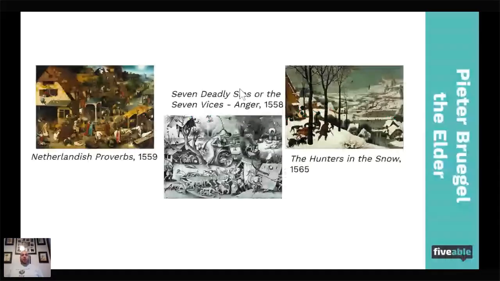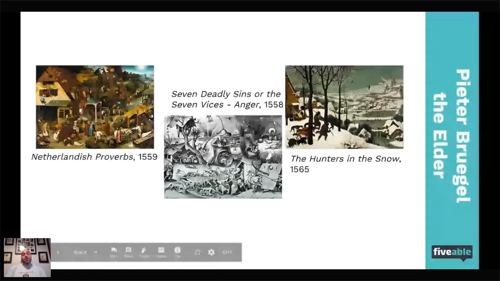So this is Pieter Bruegel the Elder. Start here in the center with, this is a woodcut. Now woodcut is exactly what it sounds like. You take a piece of wood, you cut the details into it. What you then do, you put ink on top of it, press paper down onto it, and it makes a copy of it. So the initial woodcut would probably have remained with him. And then after that, there would have been copies after copies after copies made to make and spread the art that he created.